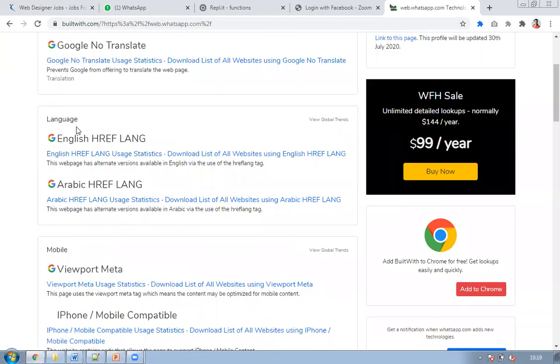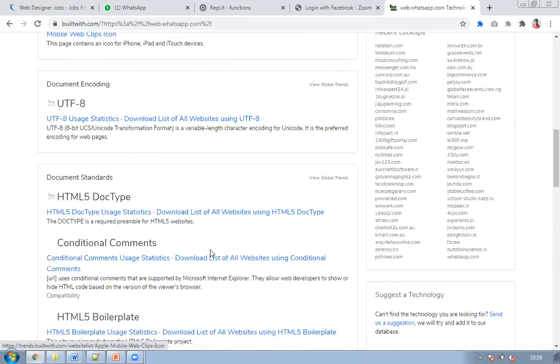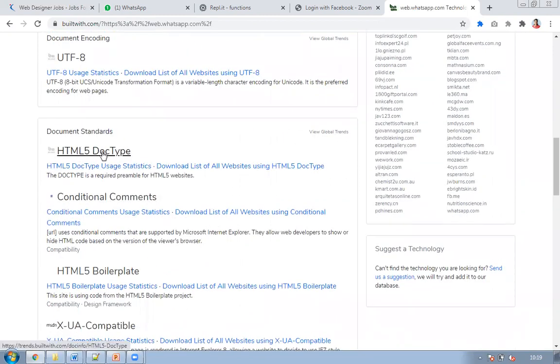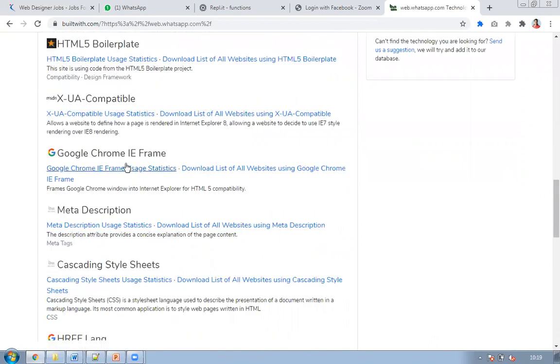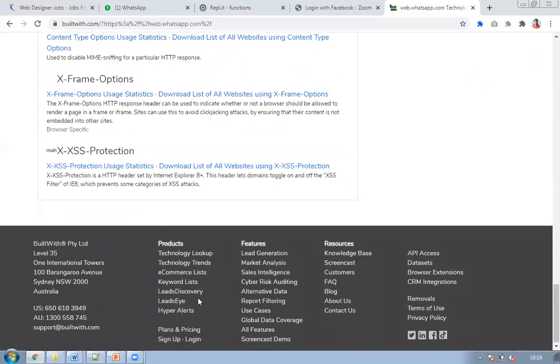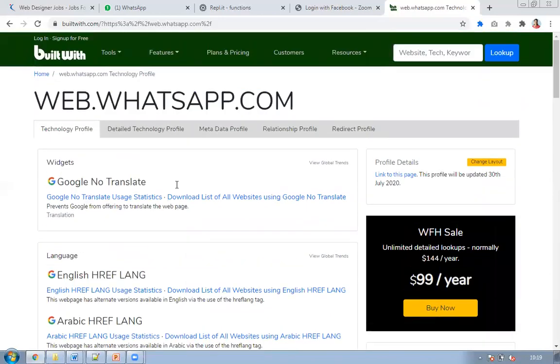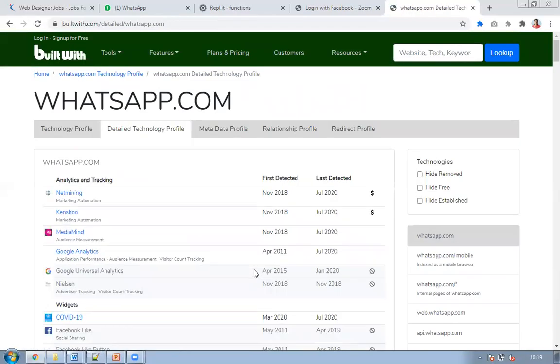It is using a language translator for 2 of the languages. It is mobile portable, and this is very good software, and the site is very compatible with iPhones, Apple phones, and view of metadata and so on. It is designed using HTML5 codes. It has comments. It works well with Internet Explorer and Chrome. It is having a meta tag. It is having CSS. It is having frames. It is having hacking protection and so on. This is a basic thing. These are the technical details of the site being developed.